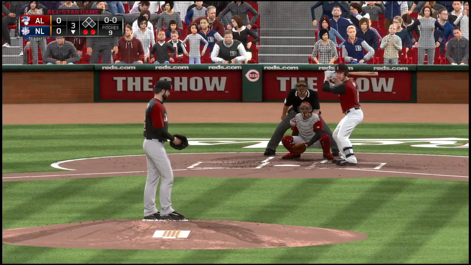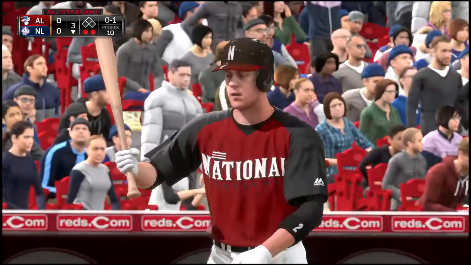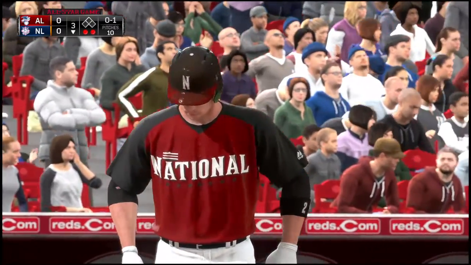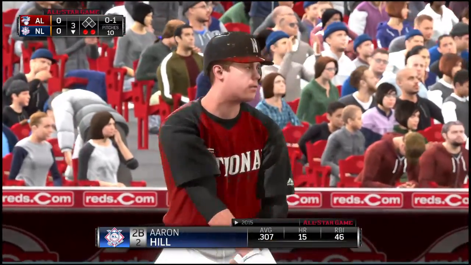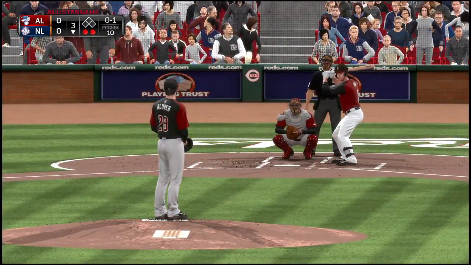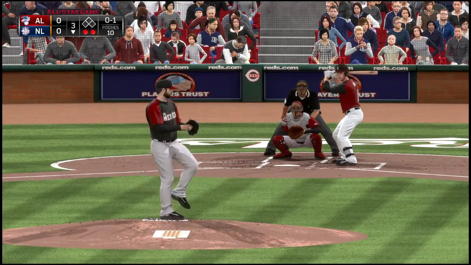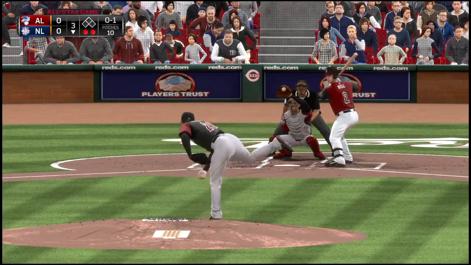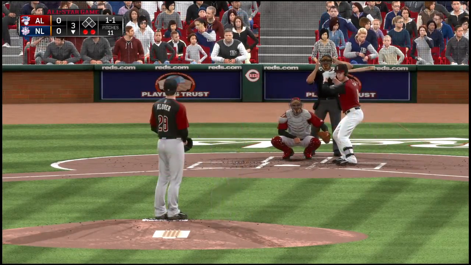So here's Aaron Hill. As the first pitch to him is in there for a called strike one. The pitch. Now a fastball here, not close, and it's 1-1 now.